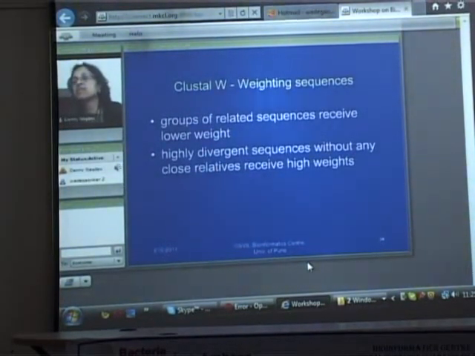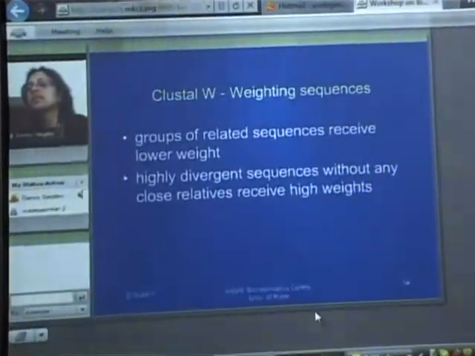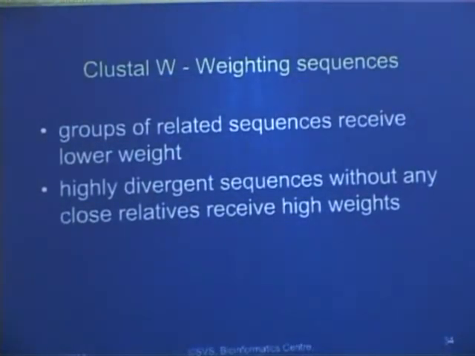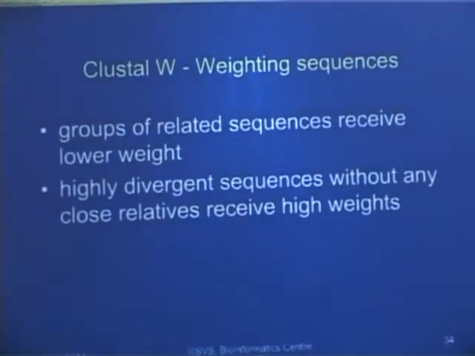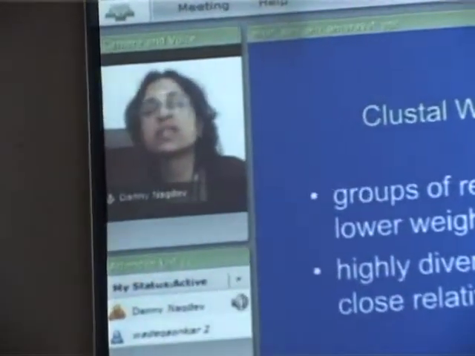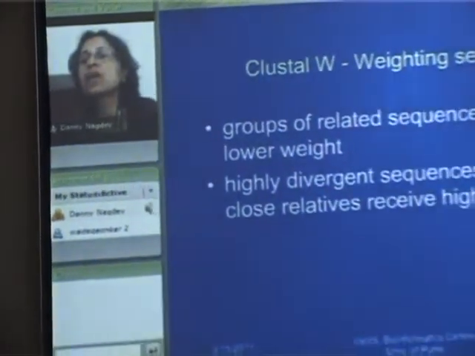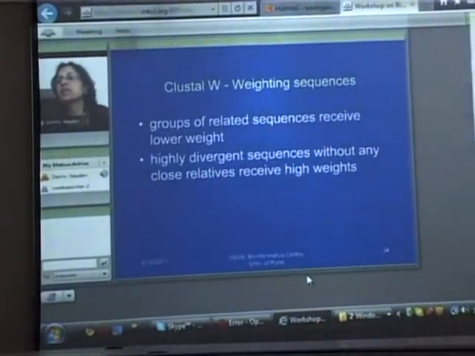By using this weighted sum of pairs, you have an advantage that you can now assign a lower weight value to the sequences which have more similarity, and the sequences which are highly divergent in your data set will receive higher weight values. So you will be scaling your scores up or down based on how much weightage you have assigned to your sequences depending on their similarity.